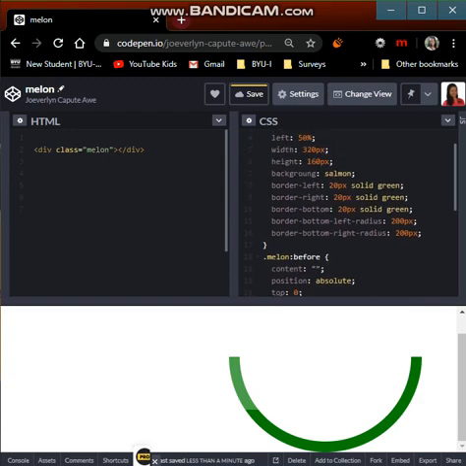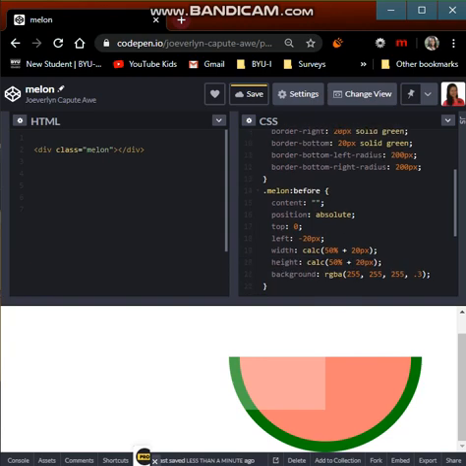Oh, and there you go. That is why the background, the salmon color, is not appearing. There you go. I now have a melon,